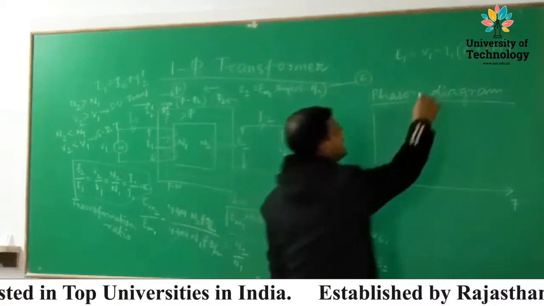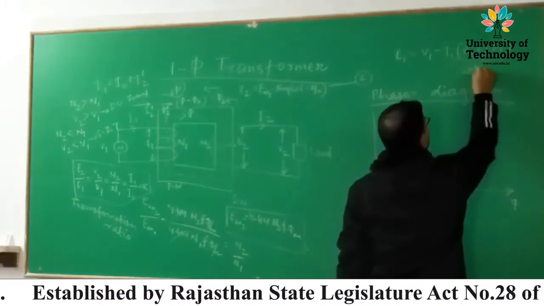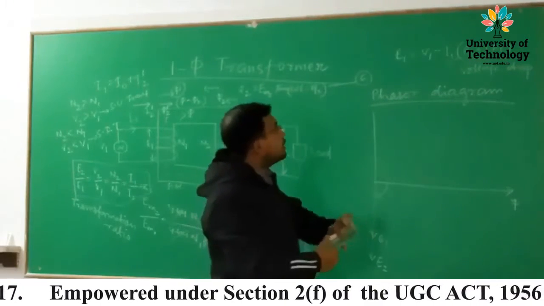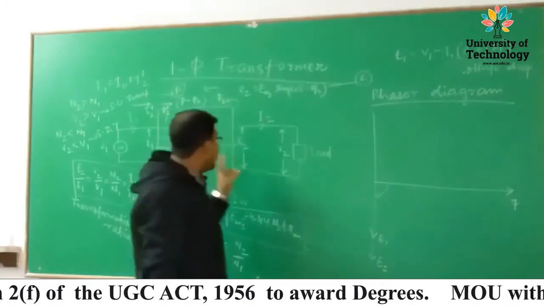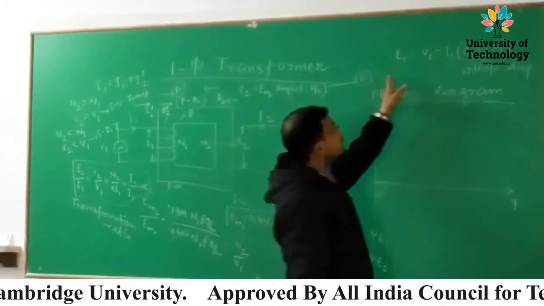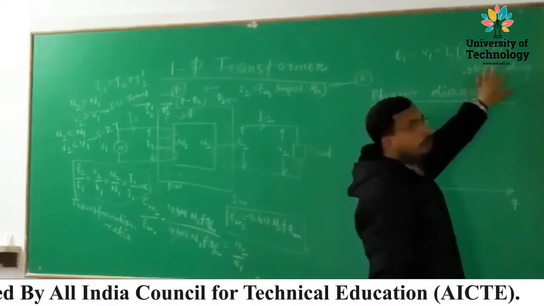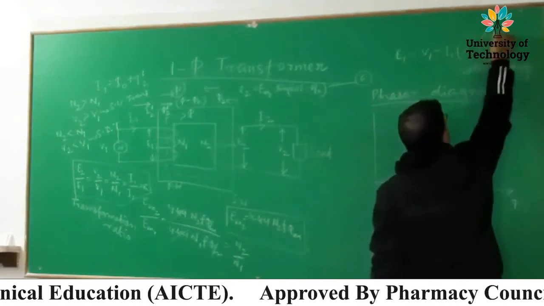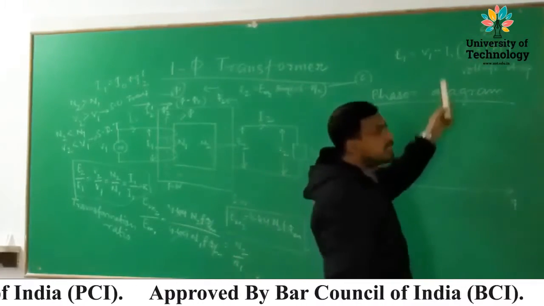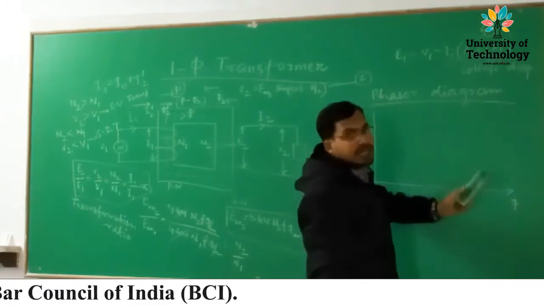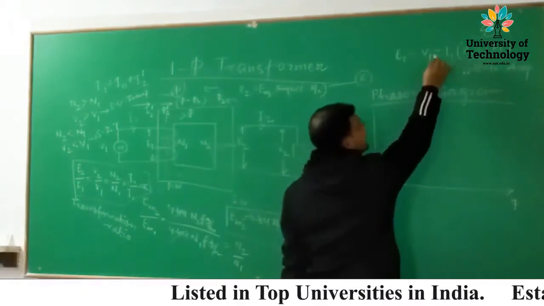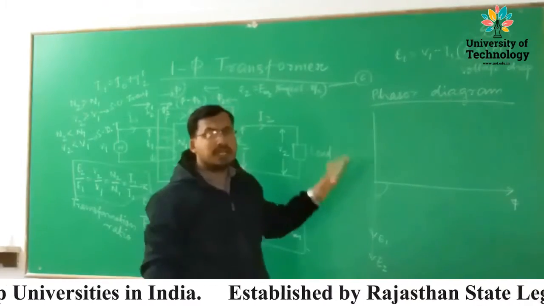Now what is this? This is the voltage drop in the primary winding. Now what is R1? R1 is the primary winding resistance and X1 is the primary winding reactance. So E1 is V1 minus I1 into (R1 plus jX1). This R1 plus jX1 is in total known as Z1. So R1 is the resistance, X1 is the reactance and Z1 is the impedance of the primary winding. So this minus sign is not an algebraic sum, rather it is a vector sum.